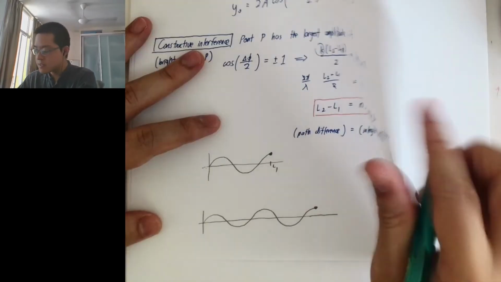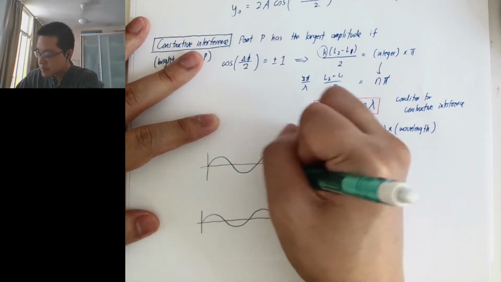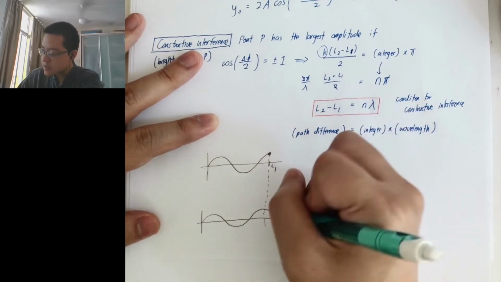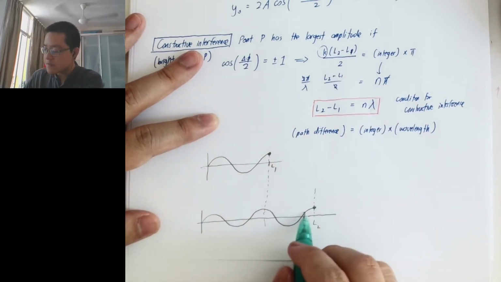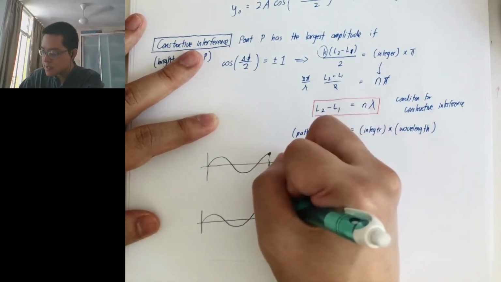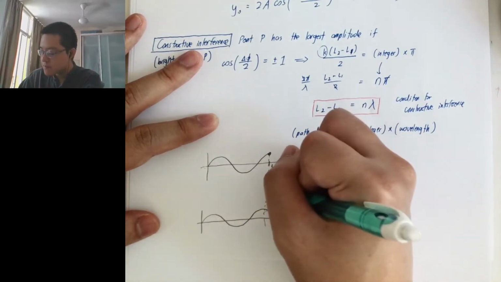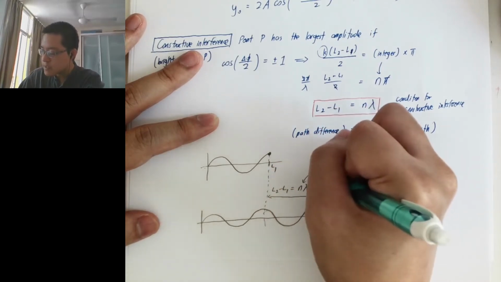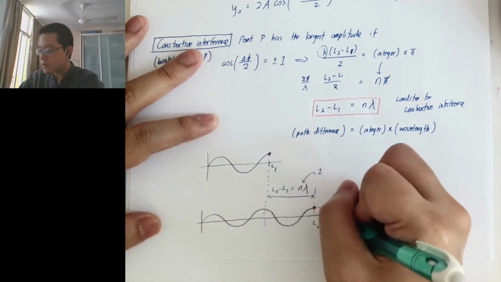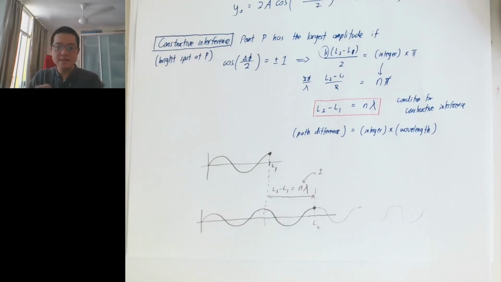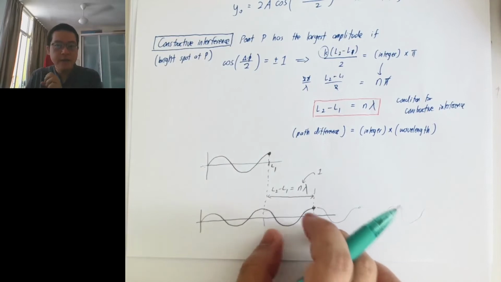Why? Because let's say this is L2, and this is L1. So the difference, what is the length of this? This is like one cycle, so this is one wavelength. So in this case, the path difference is n lambda, where n is equal to 1. And of course you can do n equals 2, or 3, or 4. As long as it's a multiple of a wavelength, the extra distance traveled by the other wave,